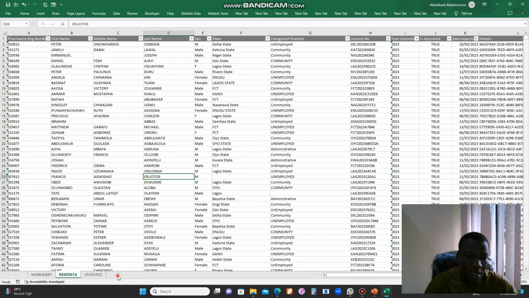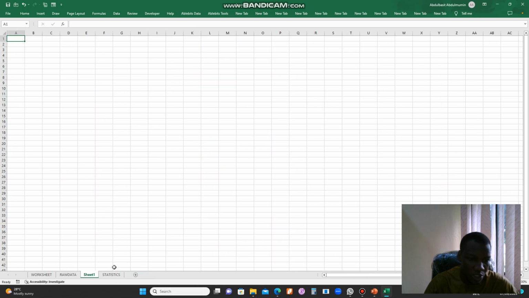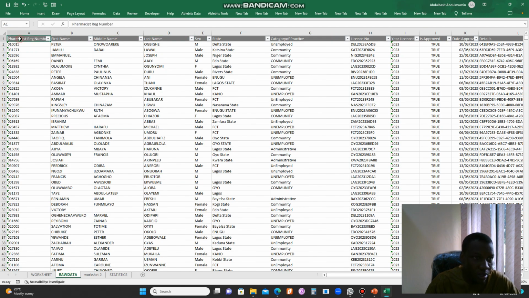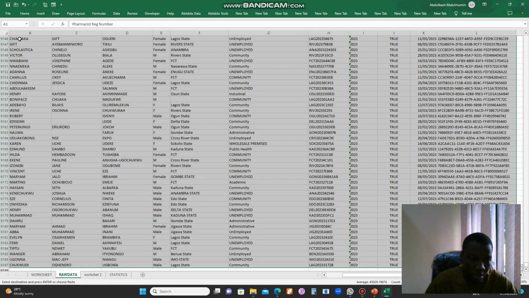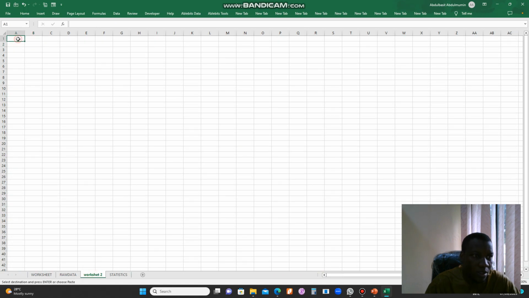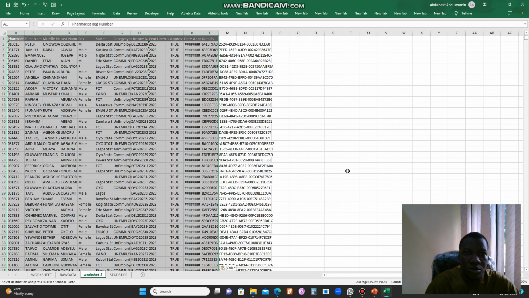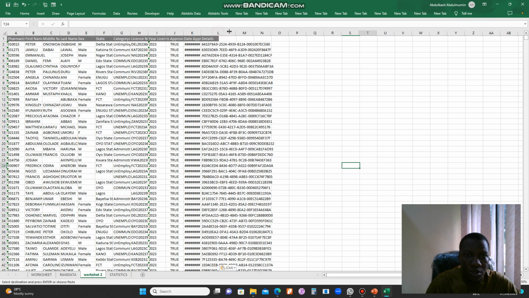So as I said before, the first thing to do is to duplicate the data. Duplicate it, name it worksheet 2, highlight, copy everything, and paste. This is my worksheet. This is where I'll